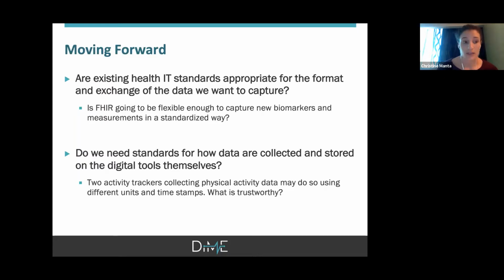So if a Fitbit or Garmin decided to go through FDA clearance to become a medical device, would they then have to adopt a FHIR API to be able to access their data? Should that be a legal requirement to help with interoperability and data access?